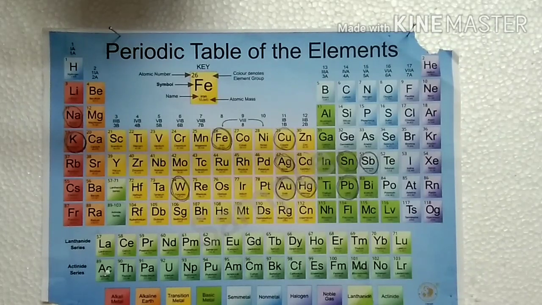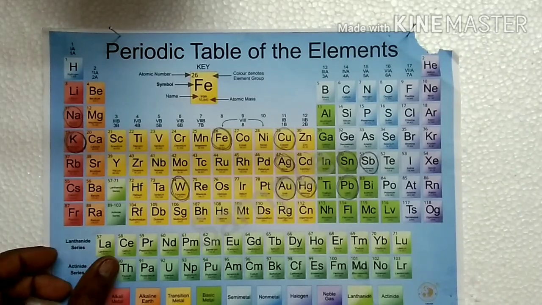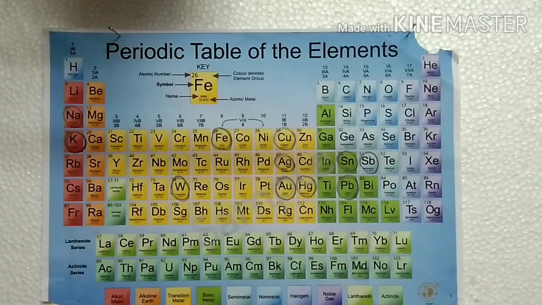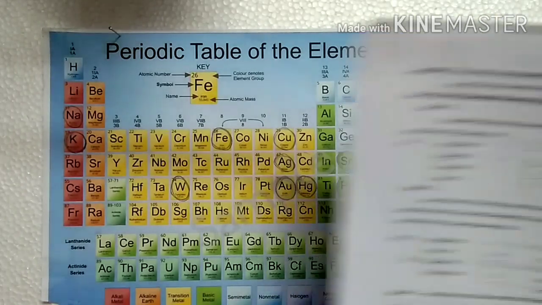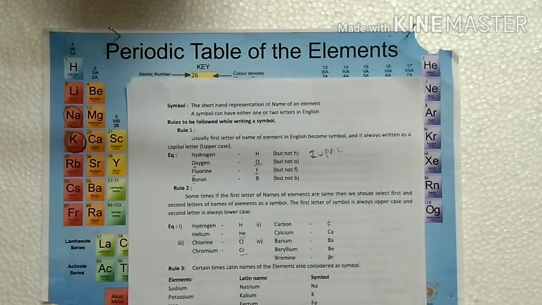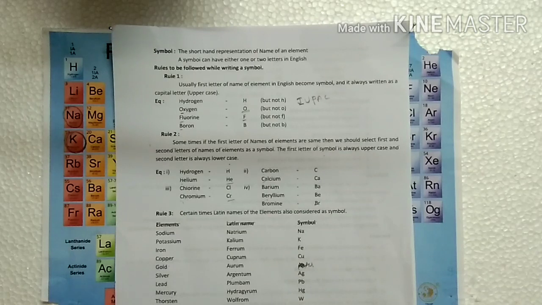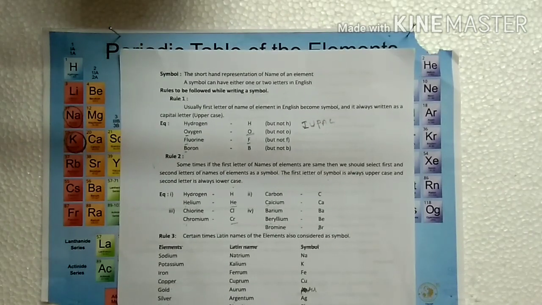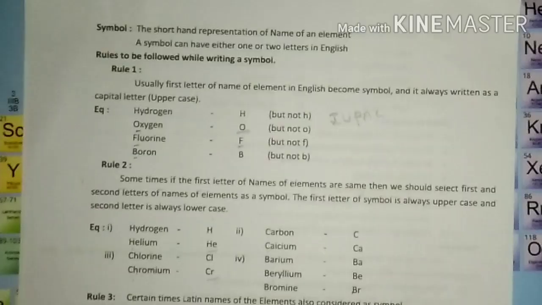Students, in the last chemistry video, I explained the periodic table of elements. Around 118 elements were discovered till now, and I gave the names of those elements. Right? Now we are going to introduce today's topic, that is symbols and the rules to write the symbols. Symbols and the rules to write them is what we are going to learn today.